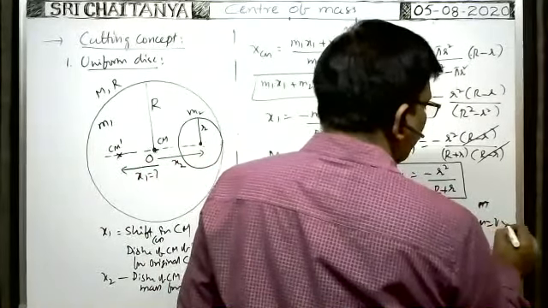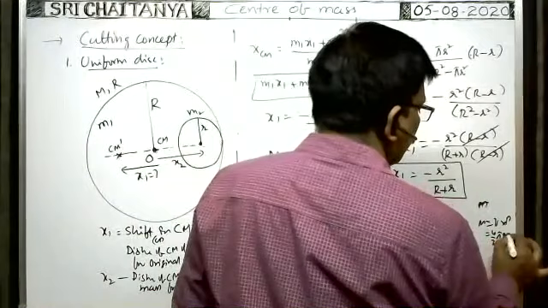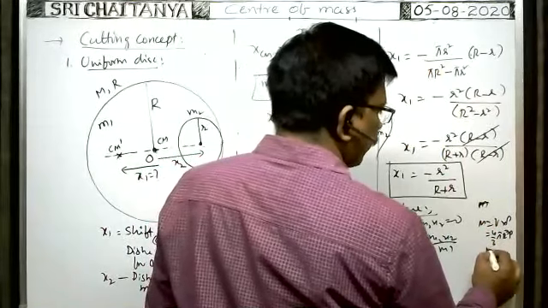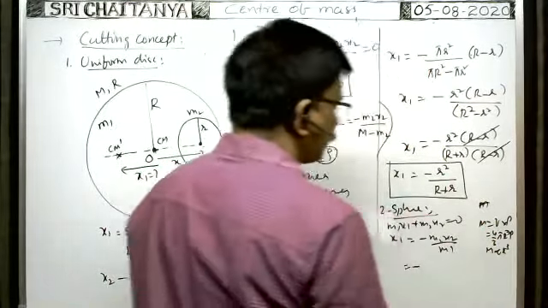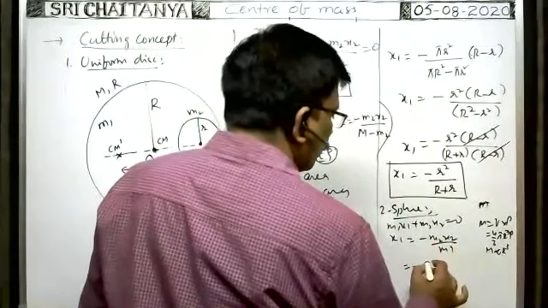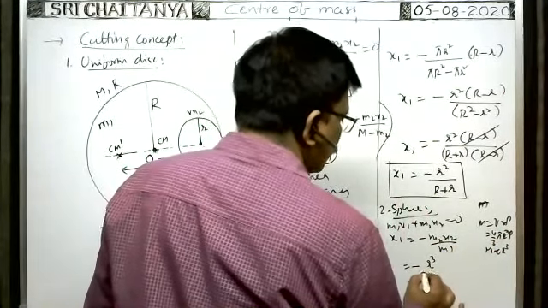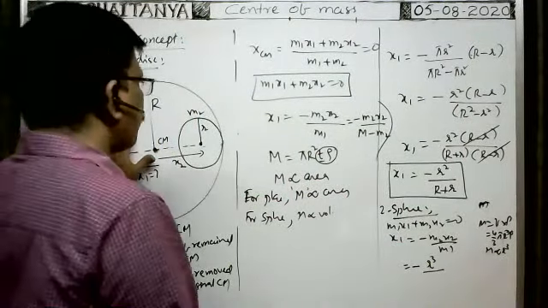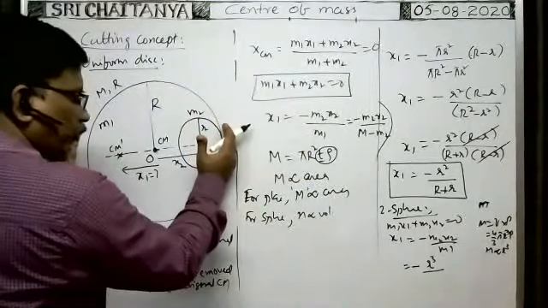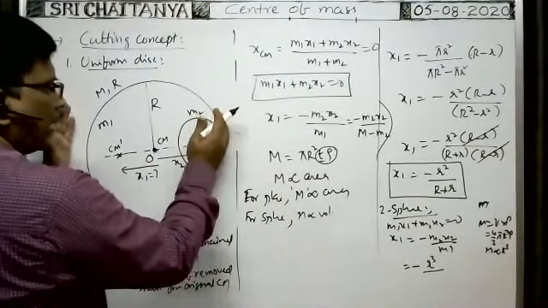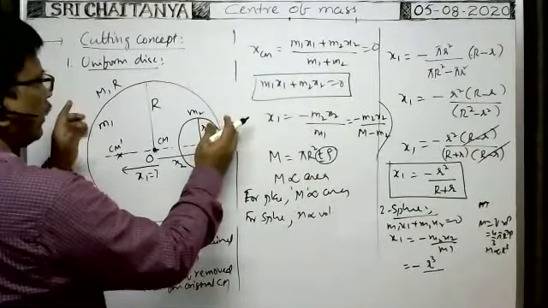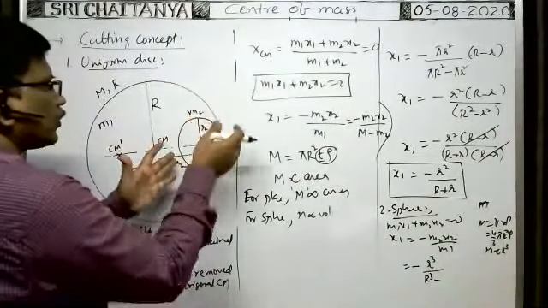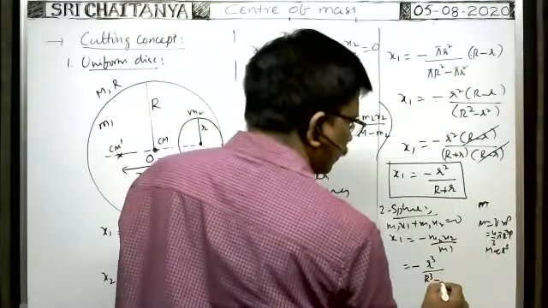Mass is equal to volume into density. Volume is 4/3 pi r cube into density. So for removed part or for original part, as the density is same, their mass is directly proportional to radius cube. m2 means it is the mass of the removed part that is directly proportional to their radius cube, by m1 means mass of the remained part. Mass of the remained part means mass of the original part minus mass of the removed part. Mass of the original part is directly proportional to their radius cube, that means capital R cube, minus mass of the removed part that is directly proportional to their radius cube, because mass is proportional to radius cube.